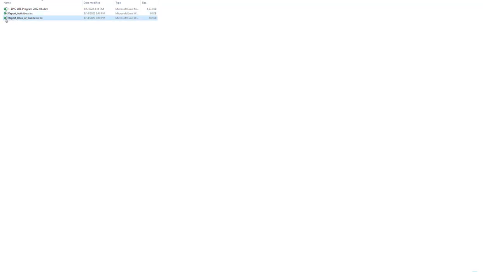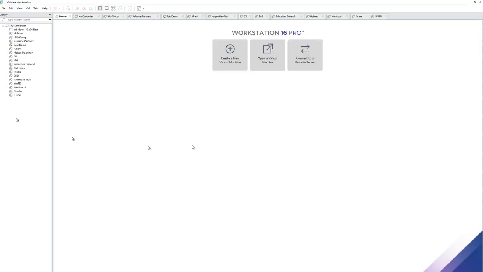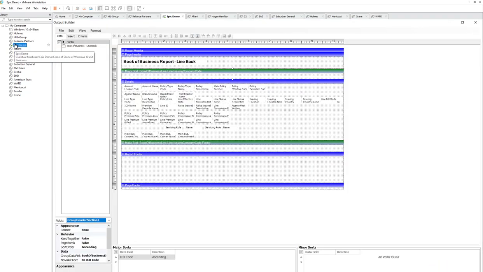Now the reports it's going to read from just come out of Epic, so we have to go into the Epic system first, and let's see here if we can get a hold of one of these. Let's open this up here. So we'll come into here real quick just to view this. You have to first set up the reports inside of Epic. So this is the Book of Business report here, and you can see it has a lot of data fields,